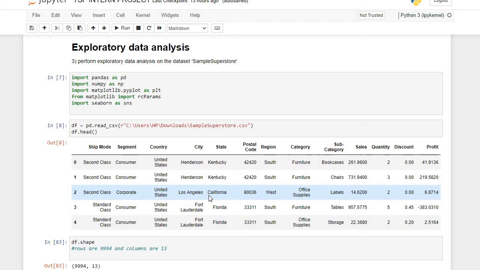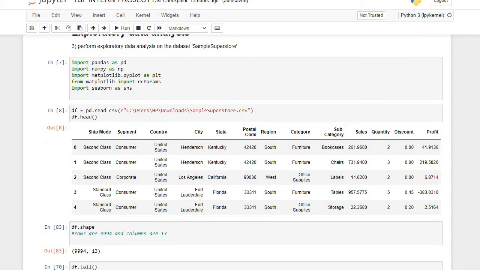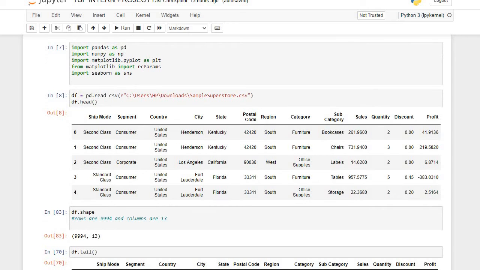This is an exploratory data analysis on the Sample Superstore data set. I imported the necessary libraries: pandas, numpy, matplotlib, seaborn. Then I read the data. I had to download the data from the PowerPoint slide, and I got the path